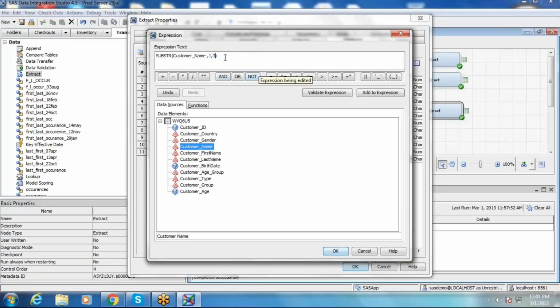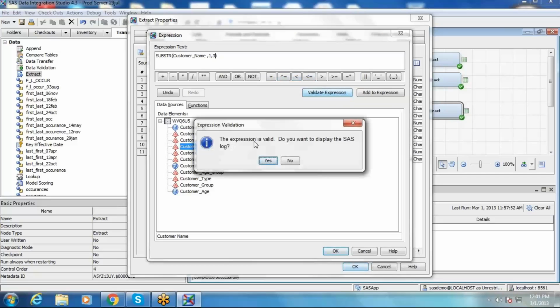It depends on your requirement whether you want to go with 1 to 3 or 5 to 3, whatever. Okay. 5 to 3 means starting from the 5th position, pull 3 characters. Right. You can validate whether your expression is syntactically correct using this validate expression tab. Okay.